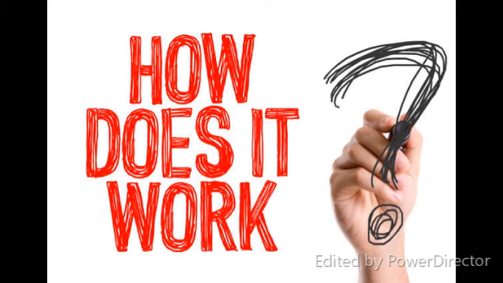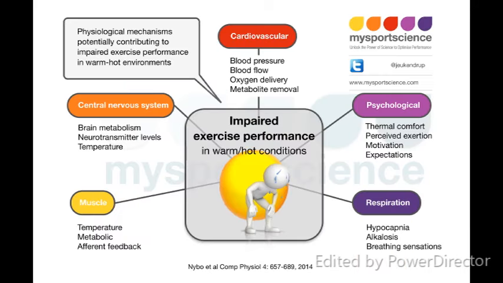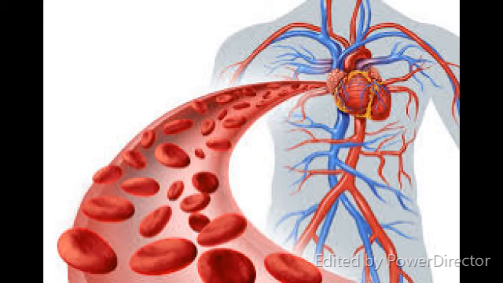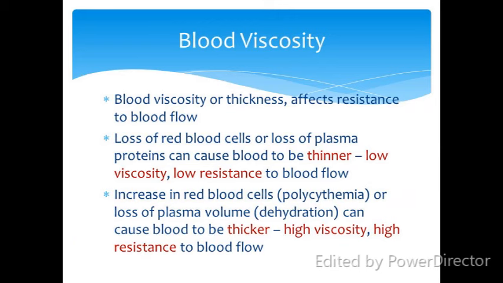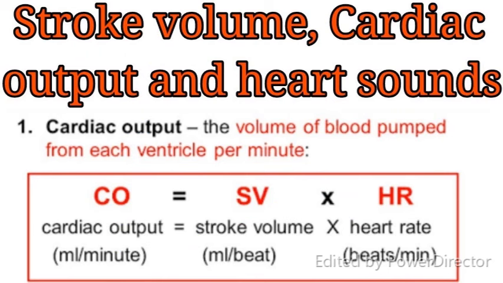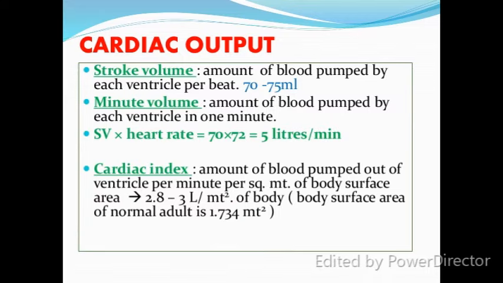So, how does it work? Let's focus on the blood, your temperature, and muscles. So, the blood. Dehydration will lead to increased blood viscosity. That's the blood thickness. This is due to the decrease in blood plasma volume, and thus reducing the volume of blood returning to the heart and consequently decreasing cardiac output. In short, one's ability to get oxygen and much needed nutrients to the muscles at work are massively hindered.